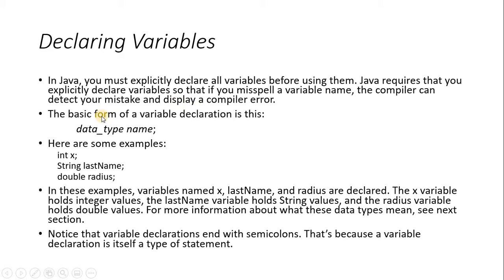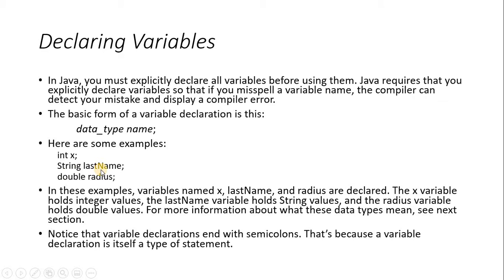So how do we declare the variable? We write the primitive data type, or the data type, followed by the variable name. For example, we have the primitive data types. Of course, in the coming slides we are going to discuss all the primitive data types. Now, just for example, we have int x, so an integer value is going to be held in the x variable.